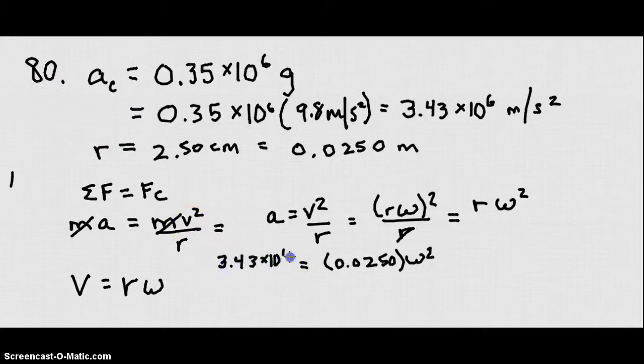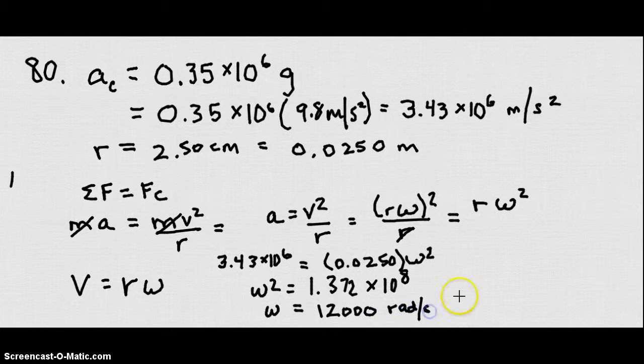Then we divide that number by 0.0250, and we get omega squared equal to 1.372 times 10 to the 8th. And when we take the square root of that, we're going to get omega is equal to, with our sig figs, we would say 2 sig figs, so it looks like 12,000